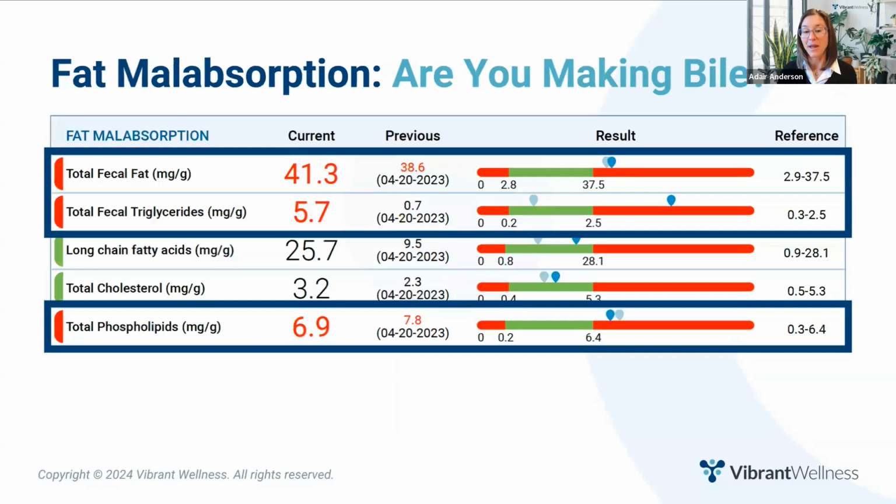The fat malabsorption panel helps you determine if your client is making adequate bile. As you know, we need a critical level of bile to form micelles and absorb dietary fats. So if you see an elevated fecal fat, it usually indicates that something is going on with their liver and/or gallbladder. Now, if you suspect fat malabsorption, but this panel comes back in the green, you can always ask your client about any foul smelling or frothy stools that leave a ring of oil around the toilet bowl.